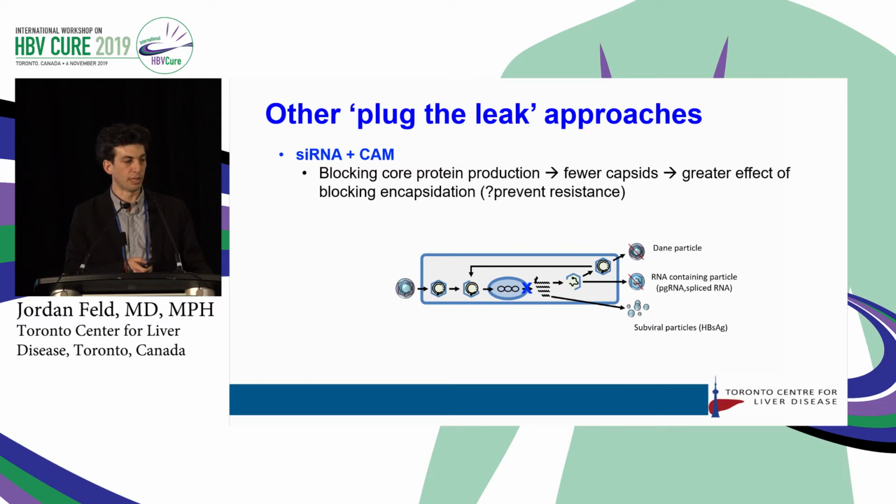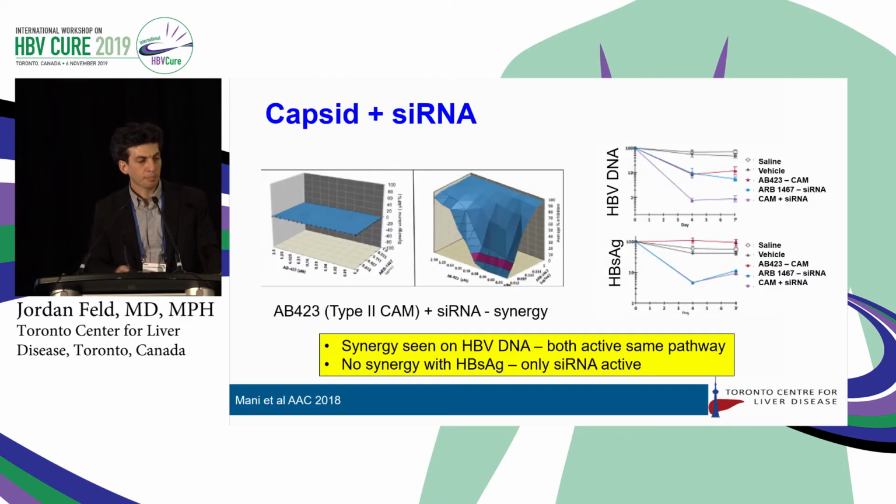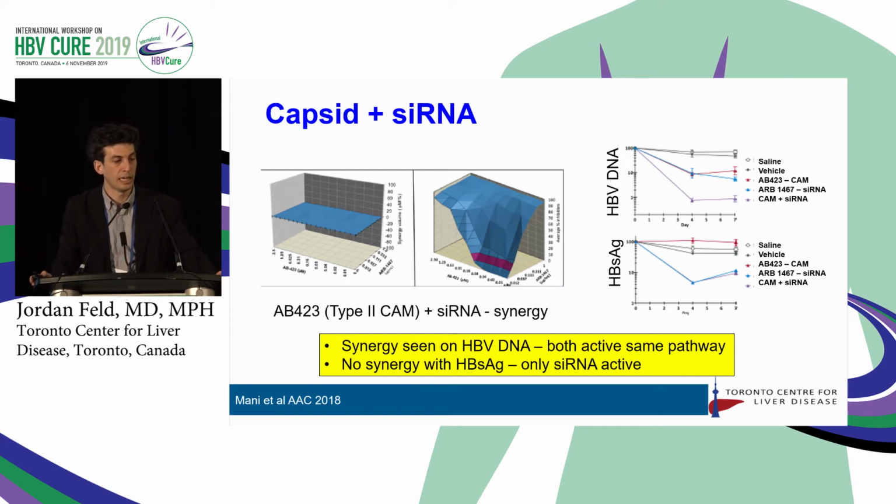So again, if you block the transcript production here and then you add in the capsid, then your downstream readout is going to be greater. And here's some data supporting that. You heard that there are trials upcoming. These are more in vitro data, but looking at the combination of a type 2 CAM combined with siRNA. And what you see on